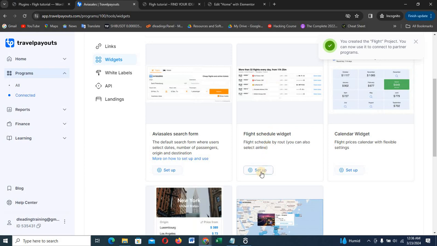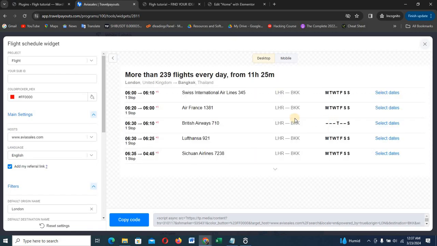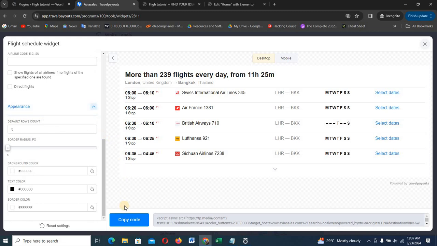Now by the time you come here, just click on this setup. When you click on that setup, it's going to load it up for you, and you just have to copy the code. So I don't think I need to change anything from this. I think it's okay like this. I like it. Is there anything I need to change? Nothing. I'll just click on copy code,